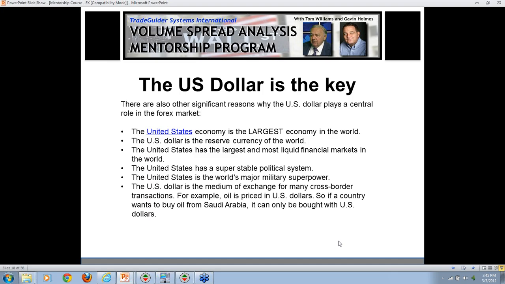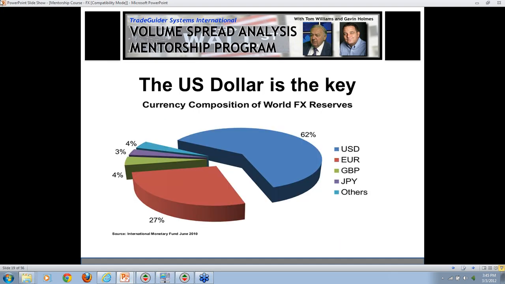There's a great book by Cliff Droke. Cliff Droke is the guy that wrote the book, and it's called Fibonacci Cycles, I believe, or I think it's called Market Cycles. I'm sure if you type his name into Google, you'll find it. He talks about market cycles specifically. It's a good book. So we can see there that the dollar really does represent a